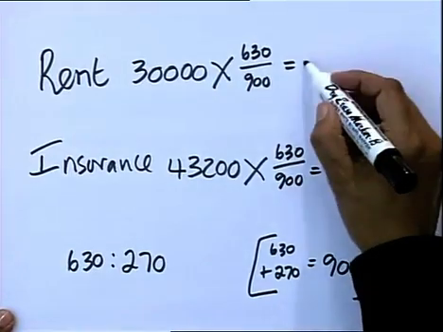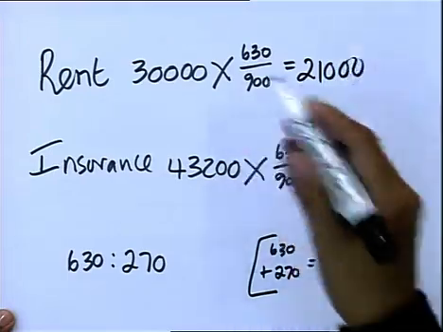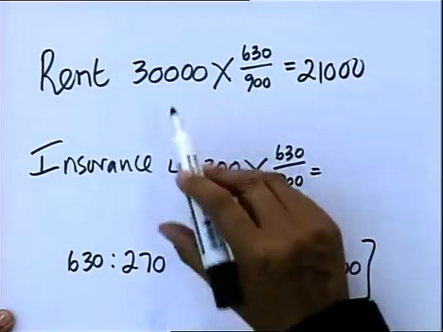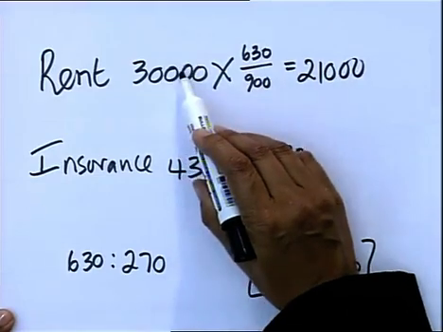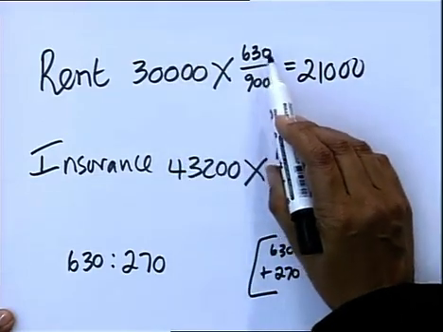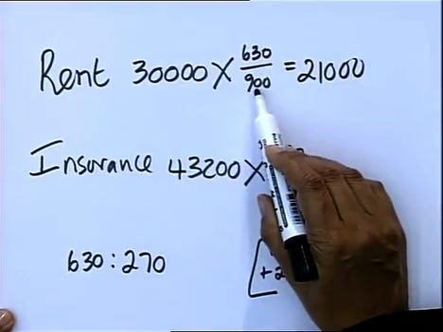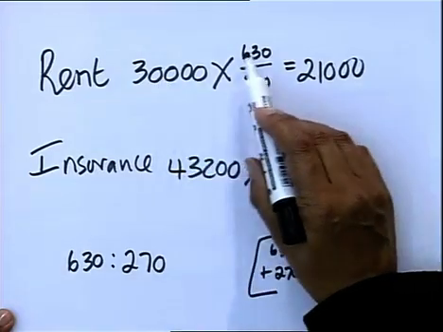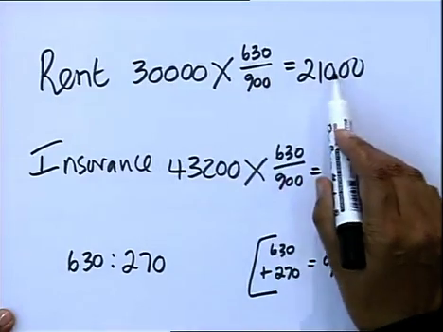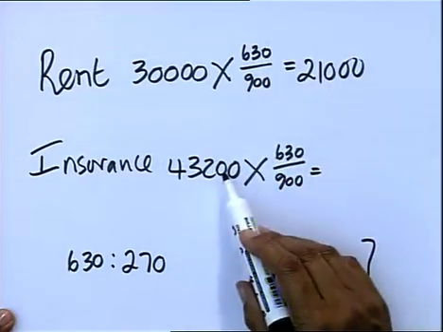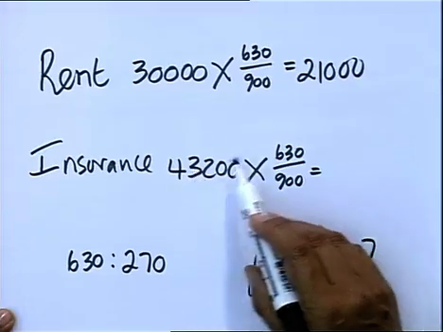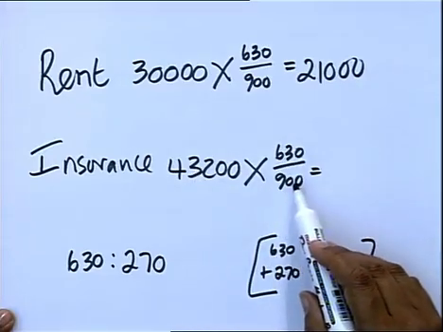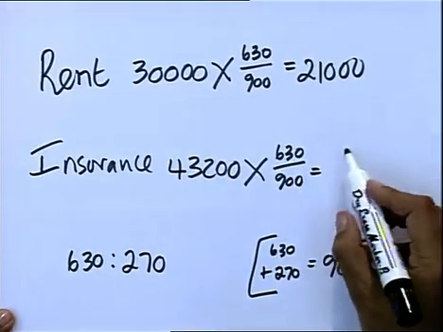Rent is 21,000. We can obviously simplify that, but it's not necessary. So in your calculator, you say 30,000 times 630 over 900. If you simplify it, 30,000 times 63 over 90, and you're going to get 21,000. In your calculator, you take 43,200 times 630 over 900, and you're going to get, for insurance, you're going to get,